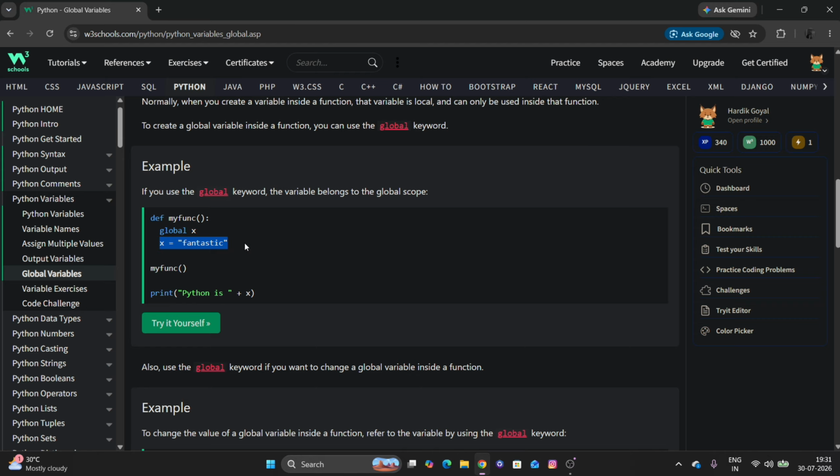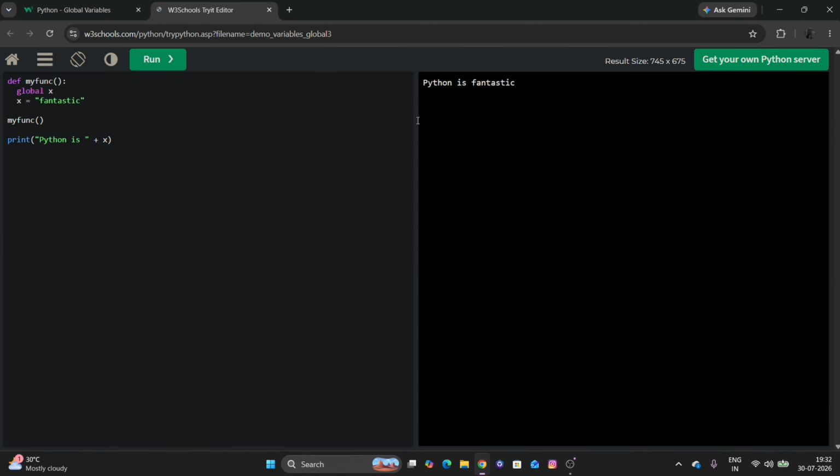I have declared x as global. So after declaring x as global, if I assign a value to x, it will work both inside and outside the function. See, now it prints Python is fantastic. Okay,